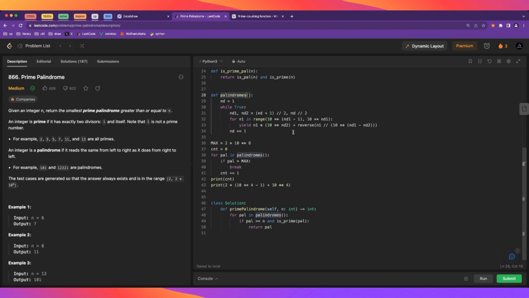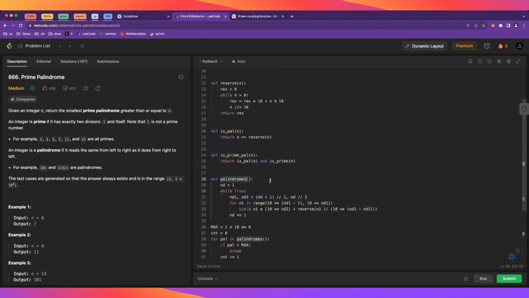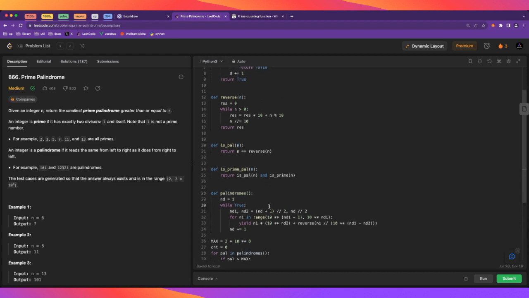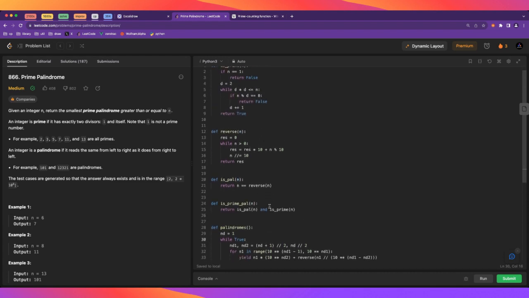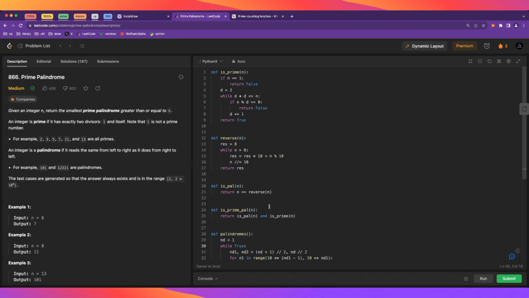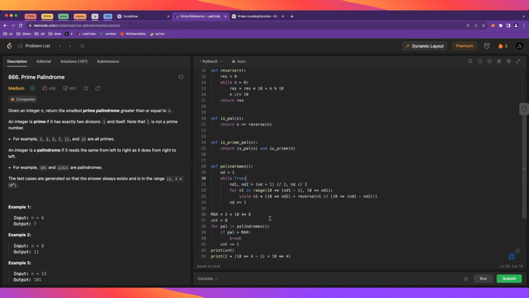So here we assume that these problems were independent. So we separated the generation of palindromes with the testing for whether it's a prime. But now we're going to intertwine because we're only going to generate the palindromes that are not